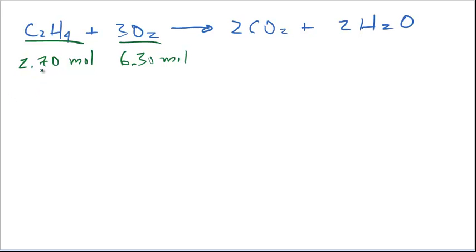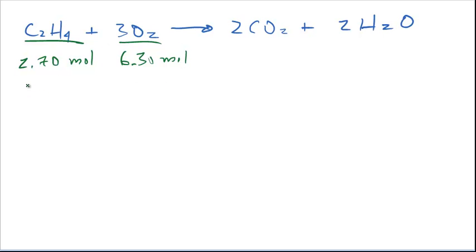So question number 1, which of these 2 reactants is going to be limiting? Which one will run out first? And I think you can see by inspection that if for every 1 mole of ethylene you need 3 times as many moles of oxygen, the oxygen is going to be limiting, all right,